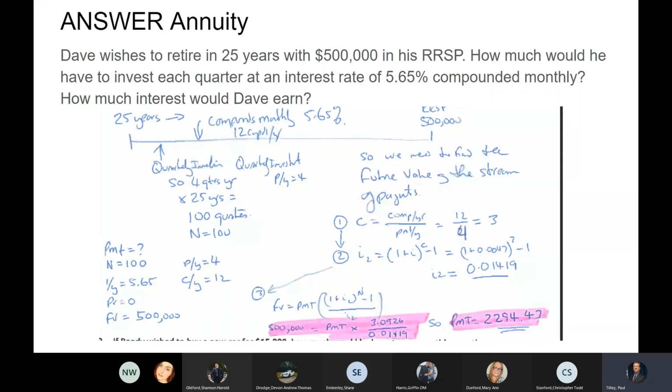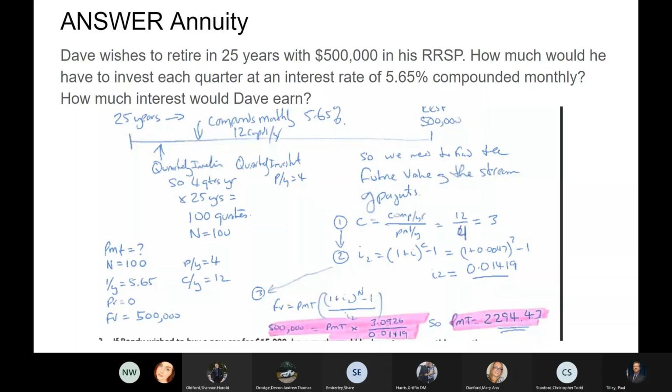So N is 100, where it's 25 years, 4 payments per year. Calculate the value of C. As I say, C is compounds per year divided by payments per year. That's 12 over 4, which is 3. And we can use that 3, the value of C, in order to calculate the revised version of I,